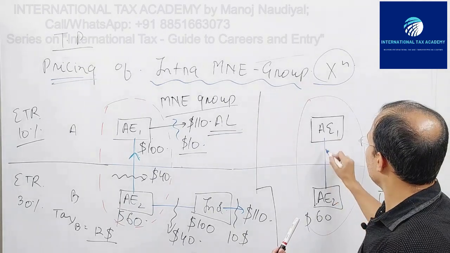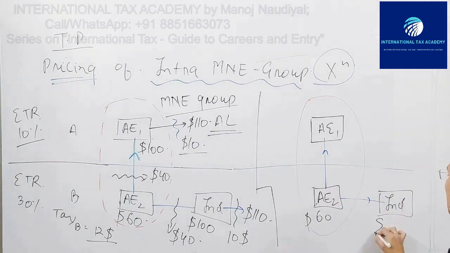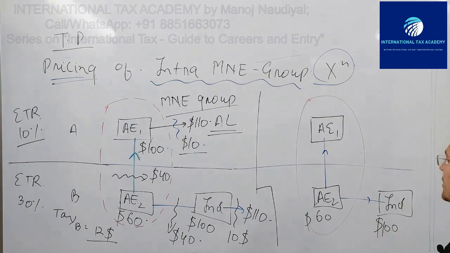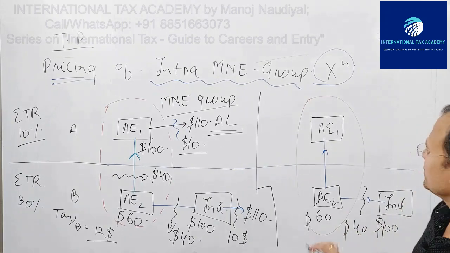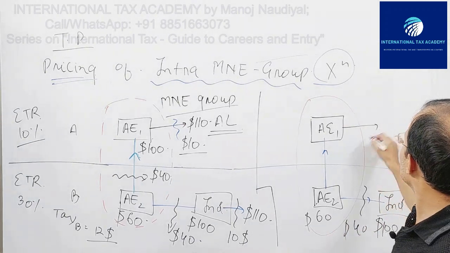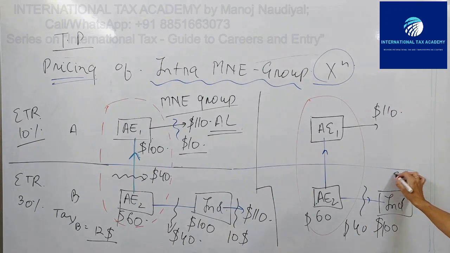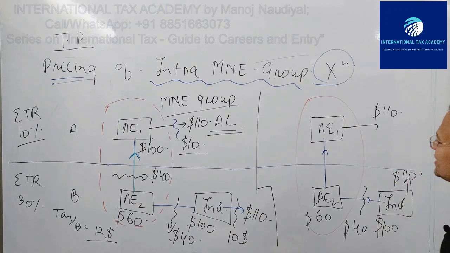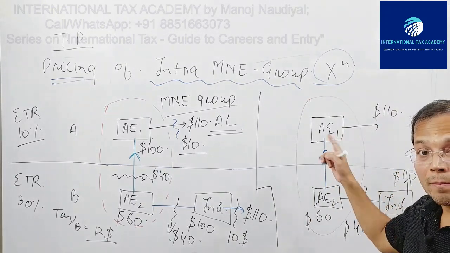Quickly, this transaction is the same at $100, nothing changes. The $40 profit remains the same. Further selling is at 110, nothing changes. Further selling is at 110, nothing changes. Everything remains the same, but for the pricing of this